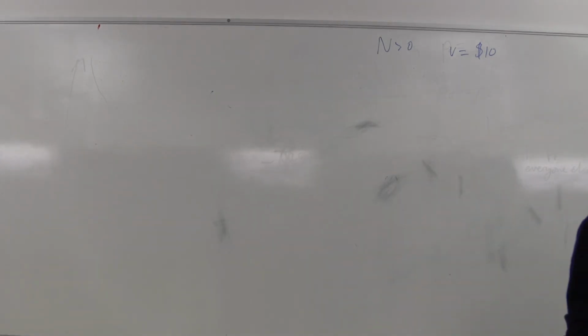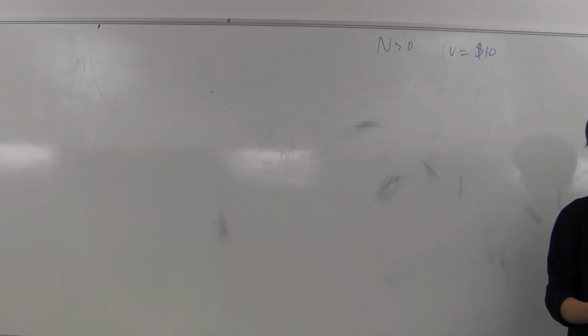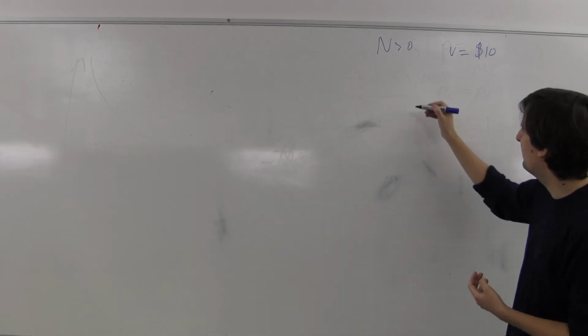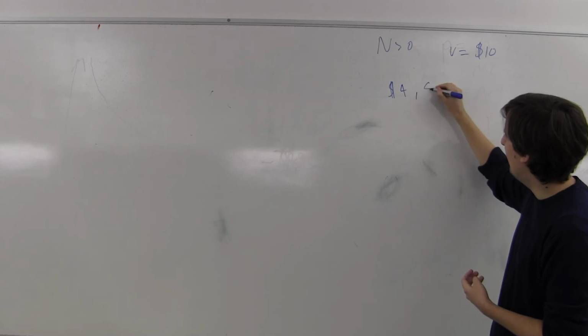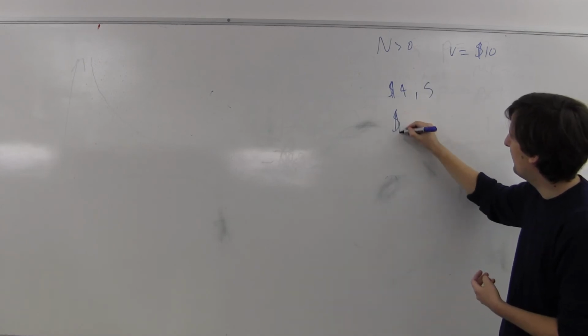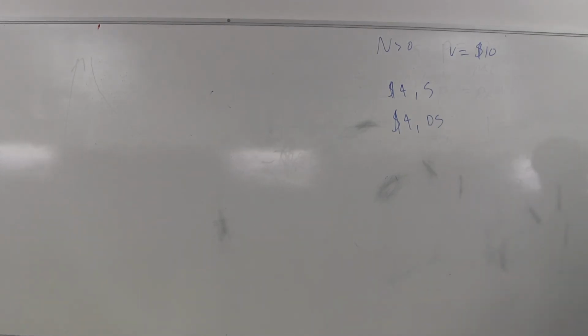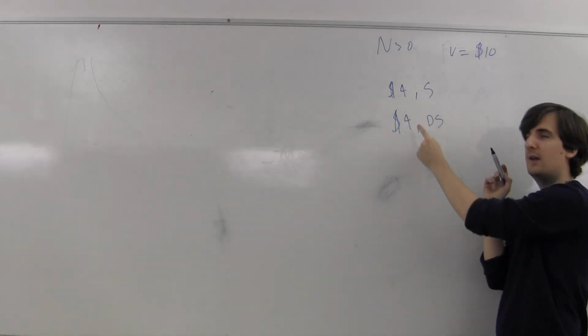The way to do Bertrand without an integer pricing constraint is to think that firms have two choice variables. They choose the price they set, and they choose whether or not they want to sell. So the equilibrium is firm 1 sets a price of $4 and they sell. Firm 2 sets a price of $4 and chooses not to sell. Why is this an equilibrium? Well, firm 1 can't deviate to a higher price, because then people